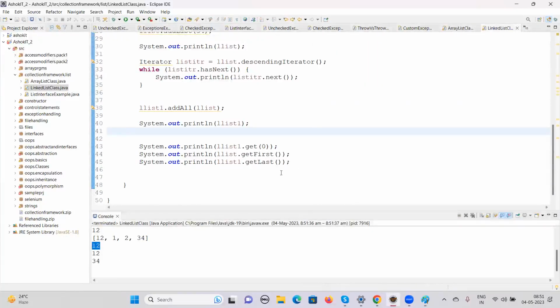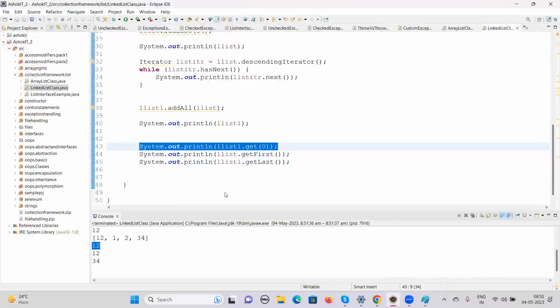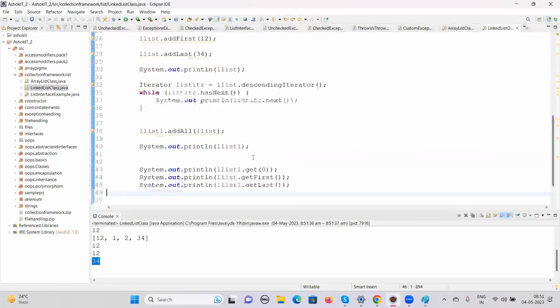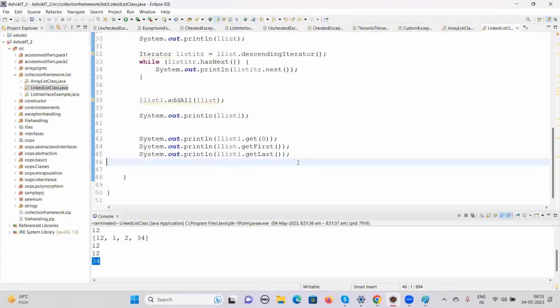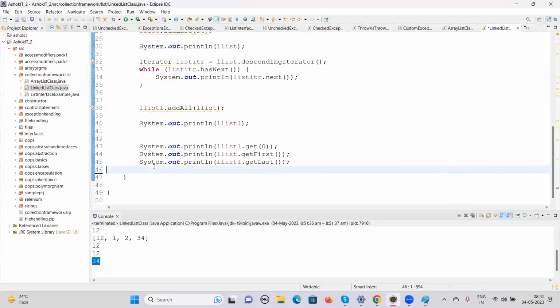Okay. Now you see, this is the element located at index 0. And this is the first element. This is the last element. Likewise, we can have these separate methods. A few other methods are like legacy methods, because LinkedList is